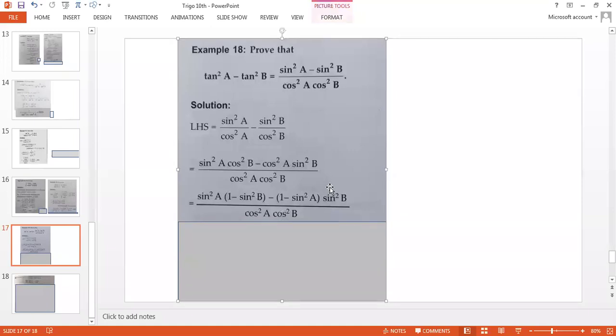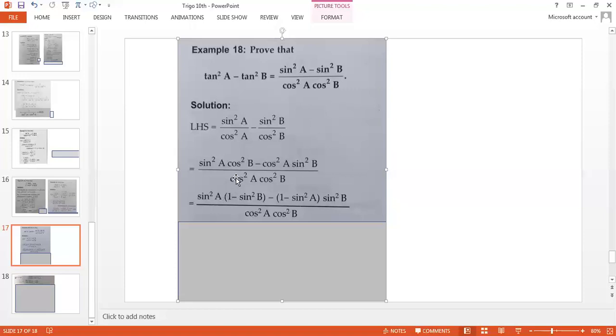But when you have to think about this sum, student, it's a bit challenging. Why would someone think of substituting cos square A as 1 minus sin square A, or cos square B as 1 minus sin square B? Student, understand, there is a hint for this substitution. And what is the hint? The hint is RHS. Look at this. In the numerator, there is nothing called cos, isn't it? So we'll have to eliminate cos square A and cos square B. That's how people think about this sum. Are you understanding? If you have understood, that's nice. If you have not understood, just rewind and listen carefully.